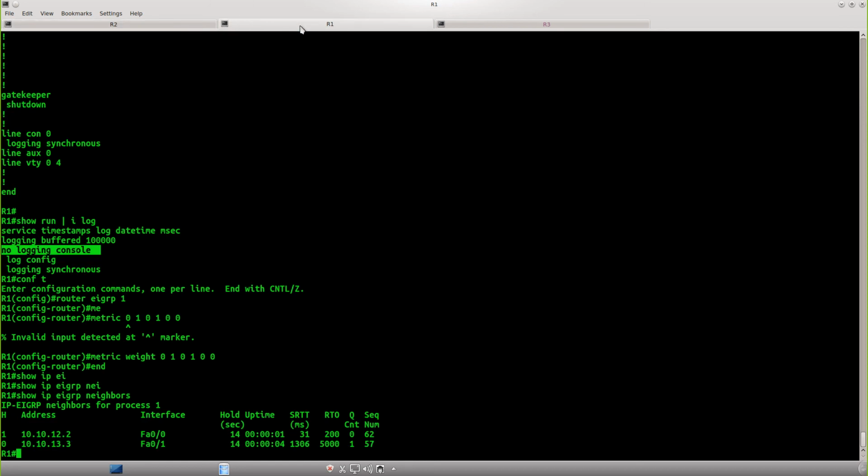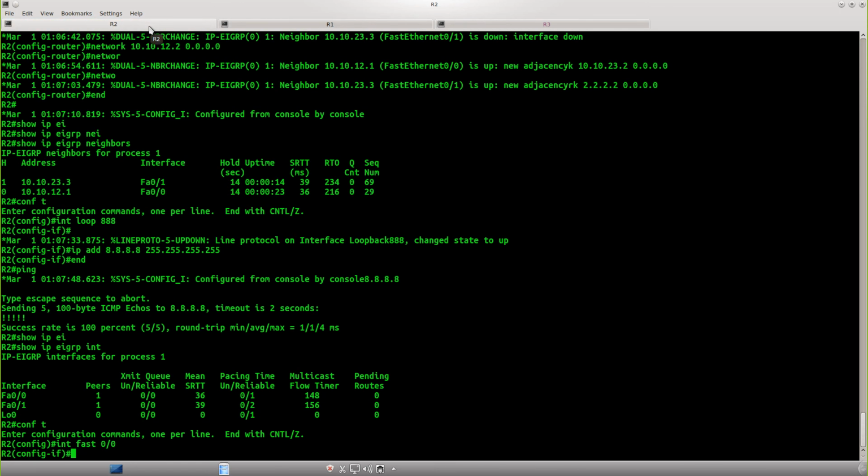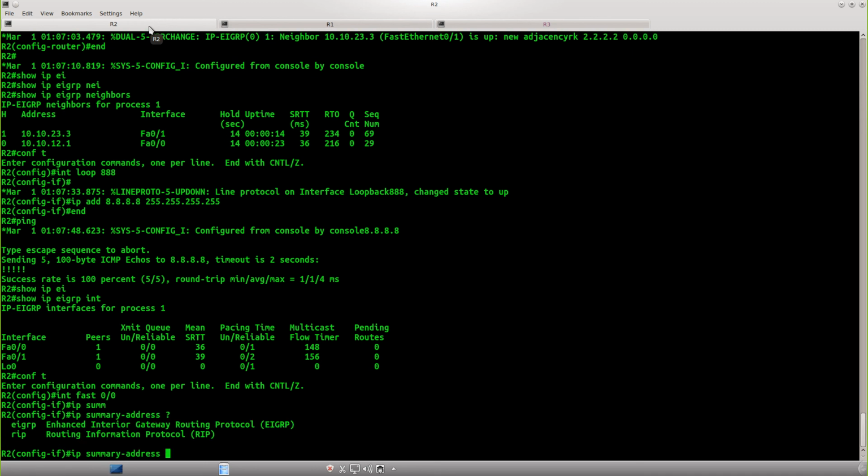Now before we do this, we're going to go on R1, debug IP routing. We want to see changes in our routing table. Then we go back to R2, IP summary address EIGRP